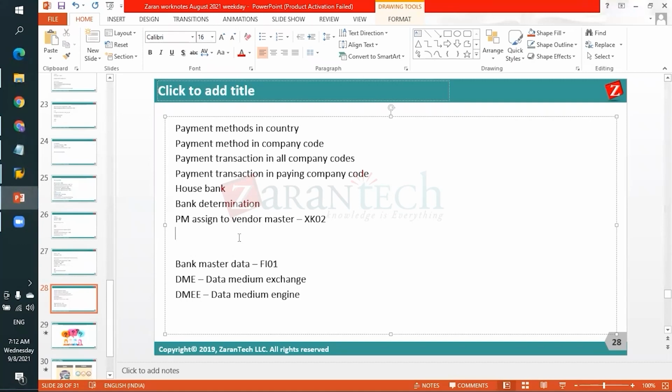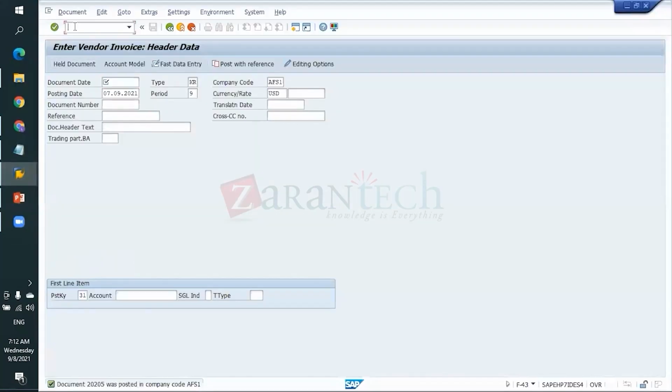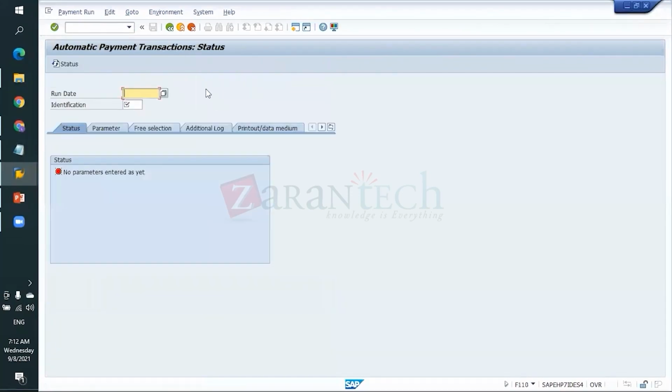So execution of APP, execution. That means automatic payments is F110 transaction. So I go to F110 transaction. This is how I will be able to see. Run date is usually today's date. So I say